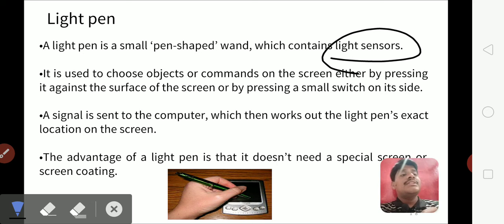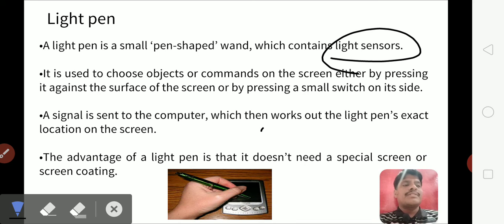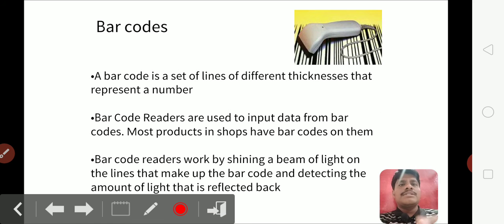Especially in the earlier days of mobile generation, we had light pens, which were used to locate information on the screen. The main advantage of the light pen is that it does not need any special screen or screen coating, so it works on the normal screen itself. That's an advantage.